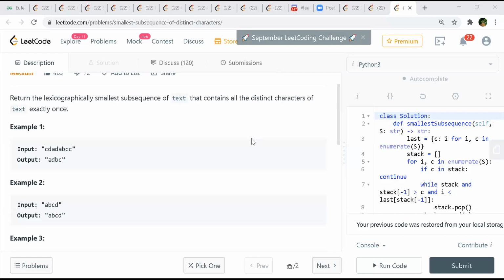If I start here with the first character, my possible string will be maybe CDAB, but this is not the smallest lexicographical order. So then I will try with the D and then A and so on. When you come to the third A, at that time you may be able to form AD and BC. So that we can take as the smallest.